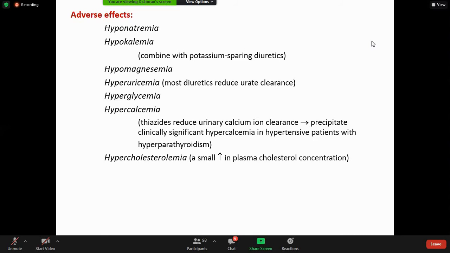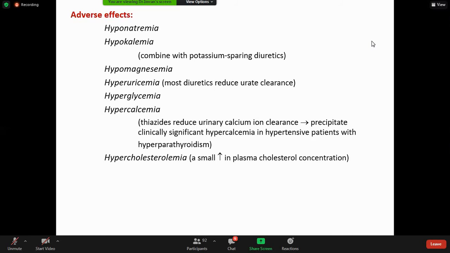This diuretic uses the transport mechanism for uric acid present in the tubule, so it can interfere with urate clearance and urate secretion into the lumen, because these drugs act by using that pump. Hyperglycemia,